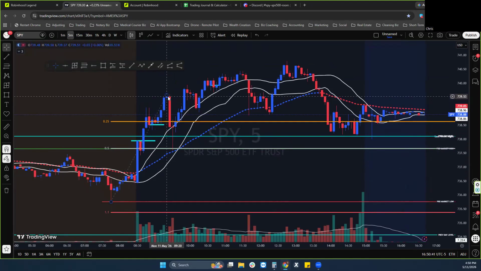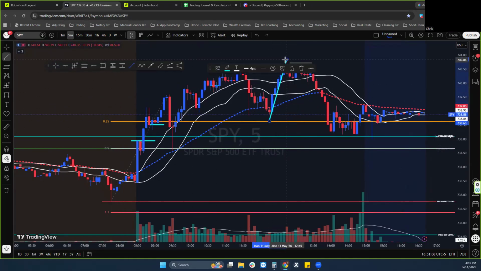It wasn't as fast as I would have liked it to be, but price did continue pushing up at the very open up until 11:30, which is when price started to fade or pull back and then continue before hitting consolidation, creating a flag